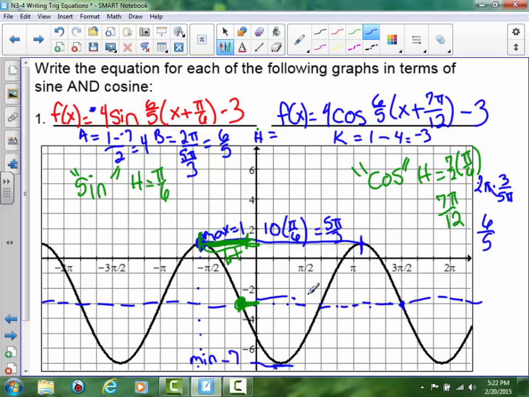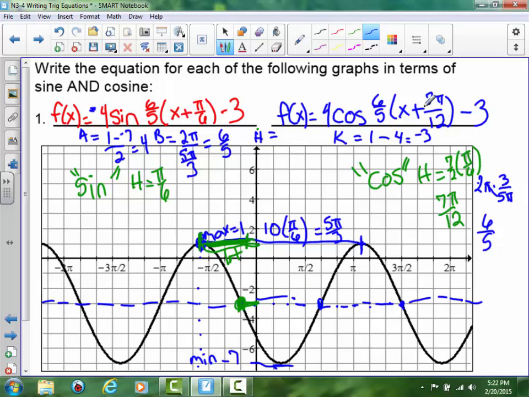All right, now I would like to point out that there are other possible starting points. You could have said that this was your starting point, or here would be a starting point. The reason I did not use those is because those were further away from the y-axis, and I usually go to the one that's closest to the y-axis. But those would have been valid as well. They would have just, again,